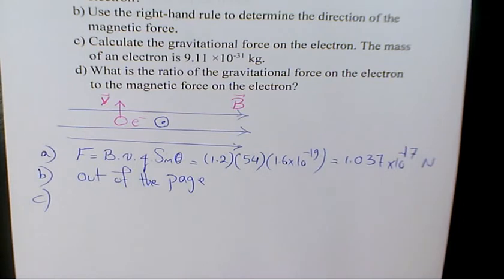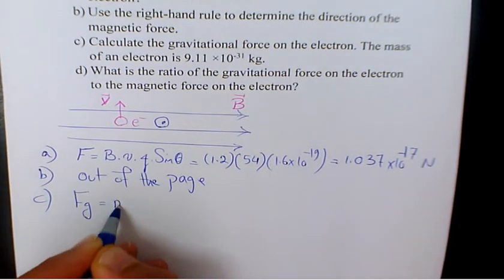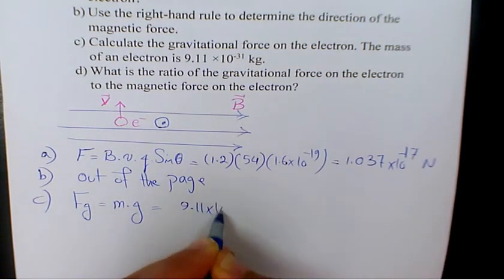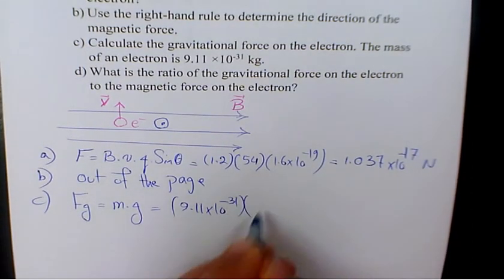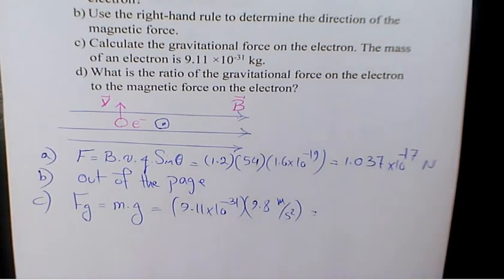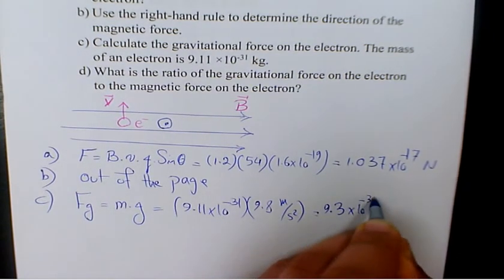Part C, it says calculate the gravitational force on the electron when the mass of the electron is 9.11 times 10 to the power of negative 31. Gravitational force equals m times g. M is 9.11 times 10 to the power of negative 31. The value of g, gravitational acceleration, is 9.8 meters per second squared. 9.11 times 10 to the power of negative 31 divided by 9.8. That's going to be 9.3 times 10 to the power of negative 32